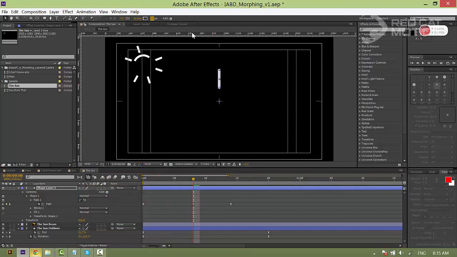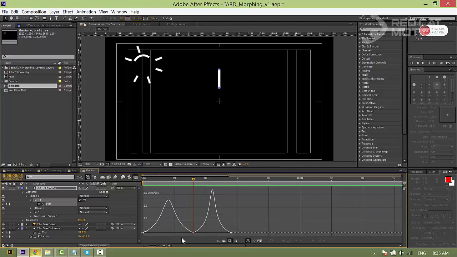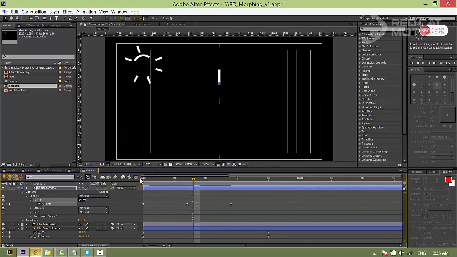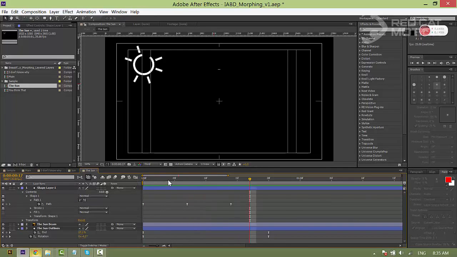Set it to 20, and then you got a motion like this. The motion is not very smooth, so I select the middle point and drag it up like this. Now I have just finished the beam.